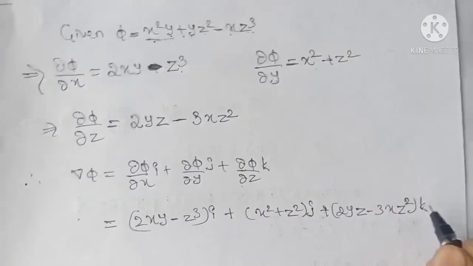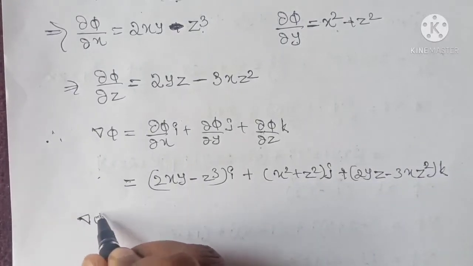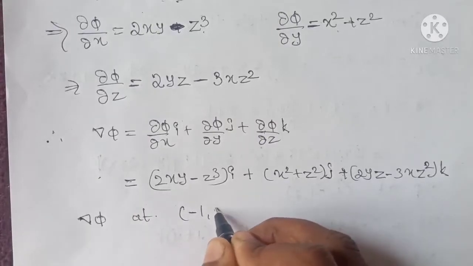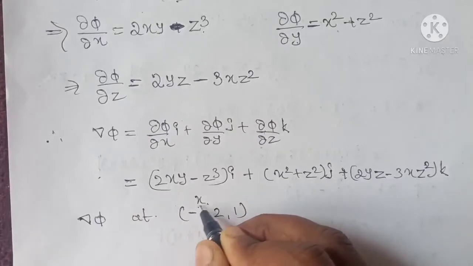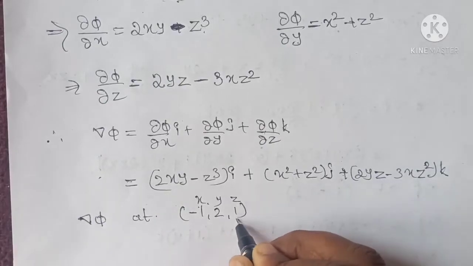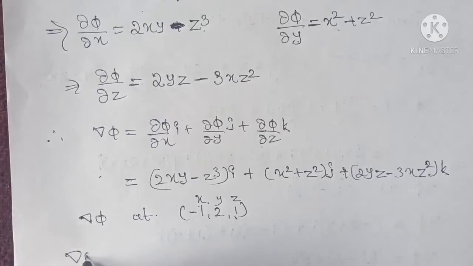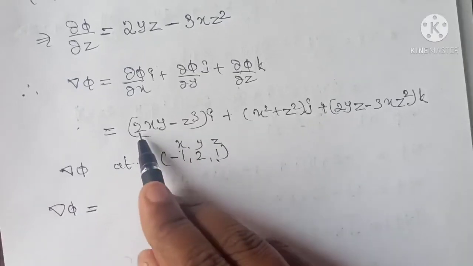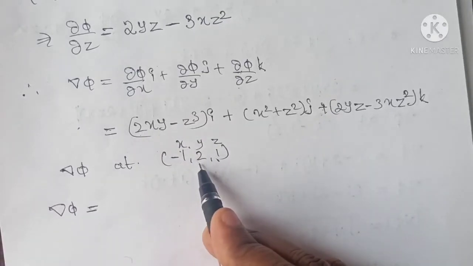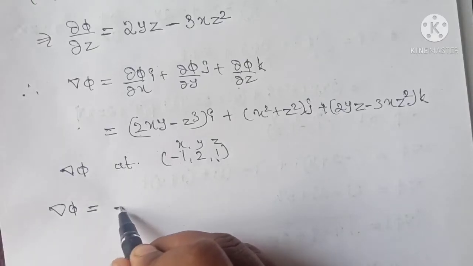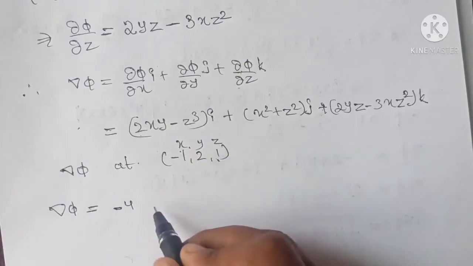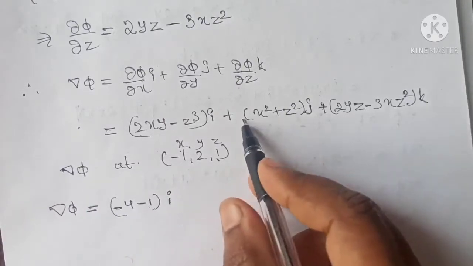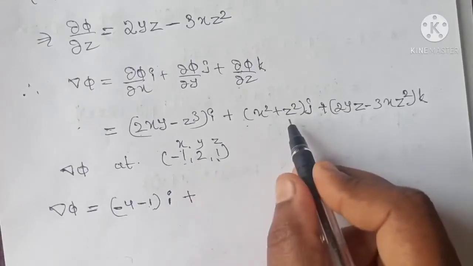into k. Given the point, del phi value at the given point, that is minus 1, 2, 1. So we have to substitute x value minus 1, y value 2 and z value 1. We get del phi equals 2 into x into y, minus 1 into 2 is minus 2, minus into minus, minus 4. z cube equals 1. So we get minus 5 into i